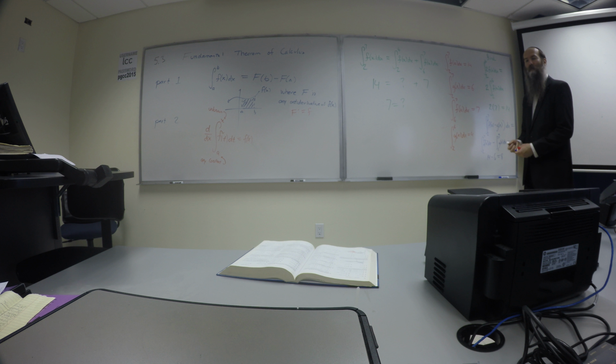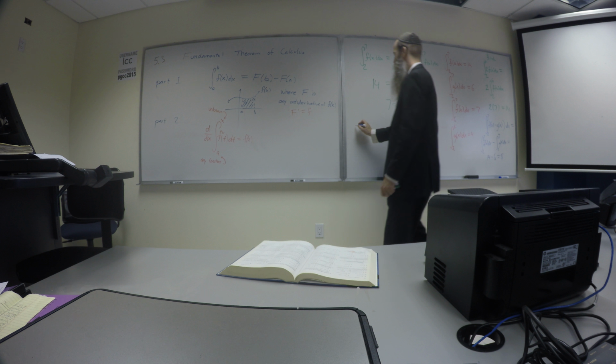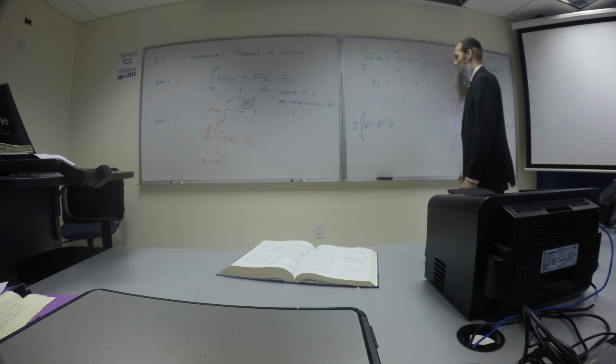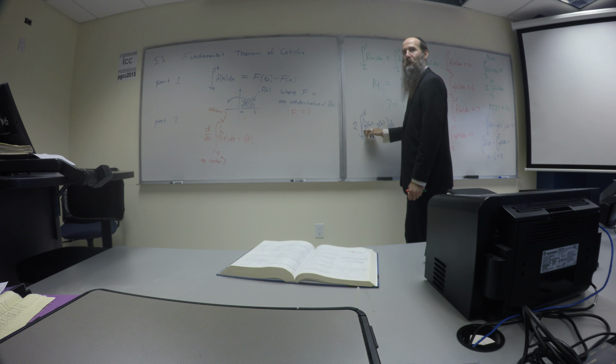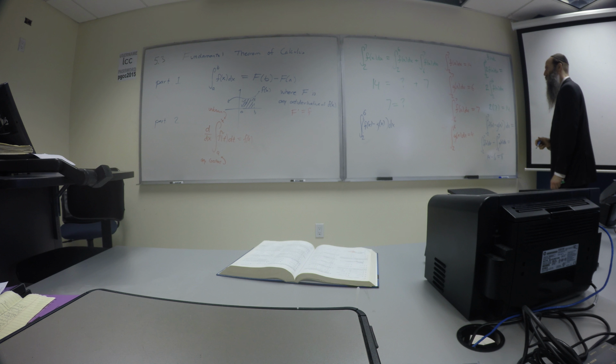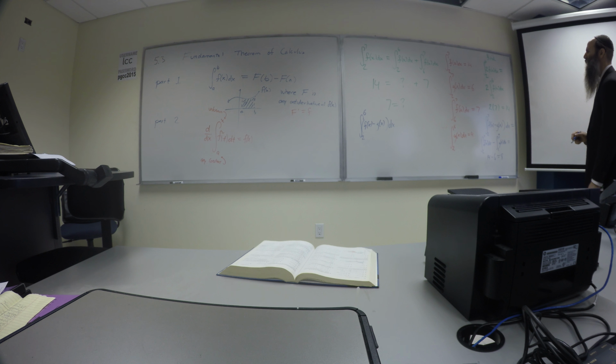Okay, and then it was the integral of f of x minus g of x between 2 and 6. So this is now your C? There's no 2 right there. It's just this. Okay. So that'd be the same thing as what we did on the first one. So we would first